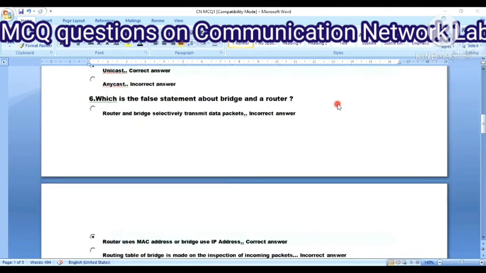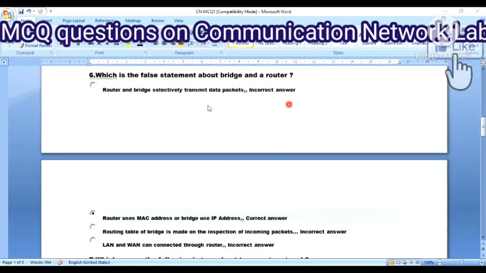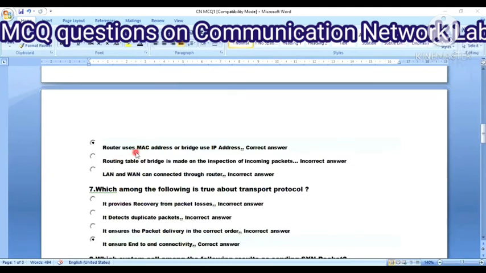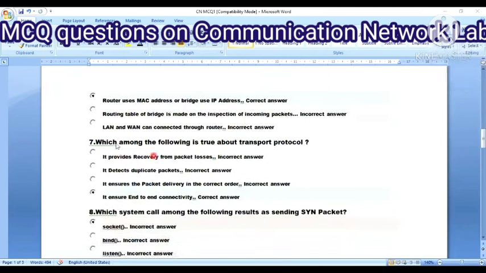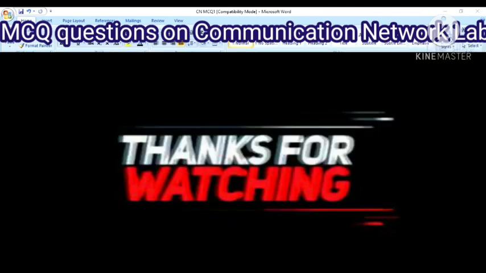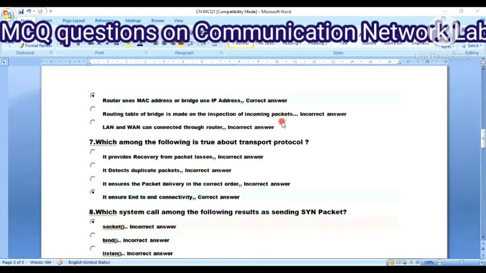Next question. Which is the false statement about bridge and router? Option A, router and bridge selectively transmit data packets. Option B, router uses MAC address or bridge uses IP address. Option C, routing table of bridge is made on the inspection of incoming packets. Option D, LAN and WAN can be connected through the router.